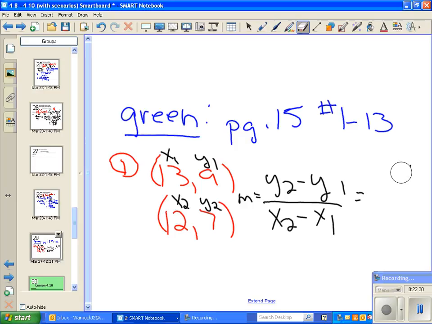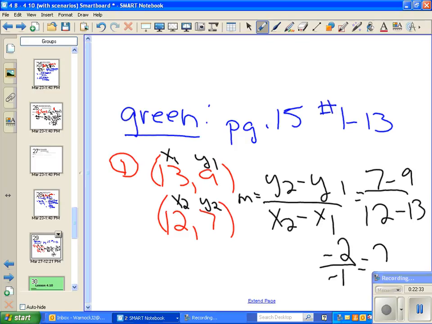7 minus 9 over 12 minus 13. Every problem. Negative 2 over negative 1, which will equal 2. Okay? I want to at least